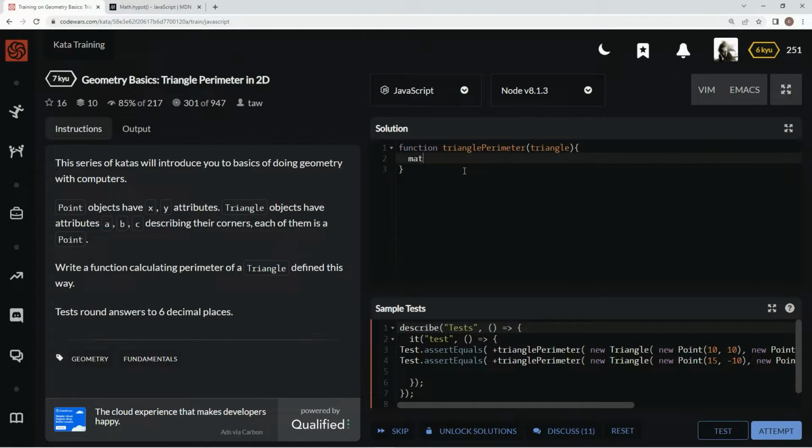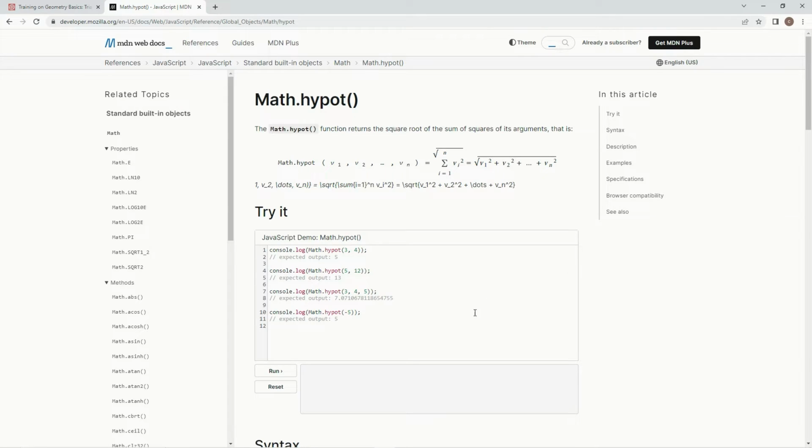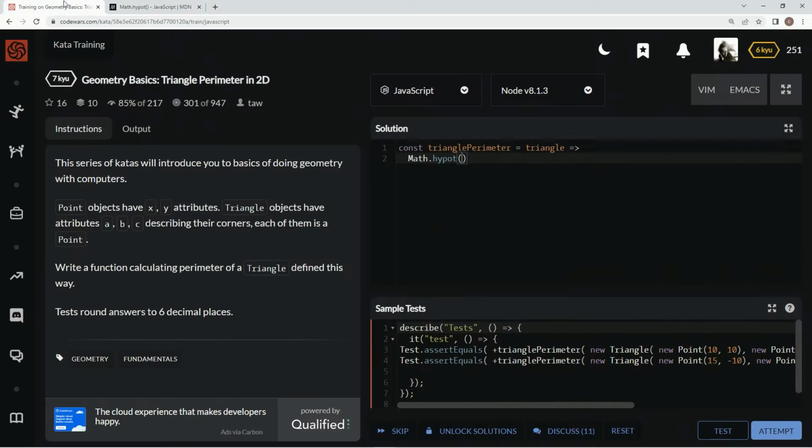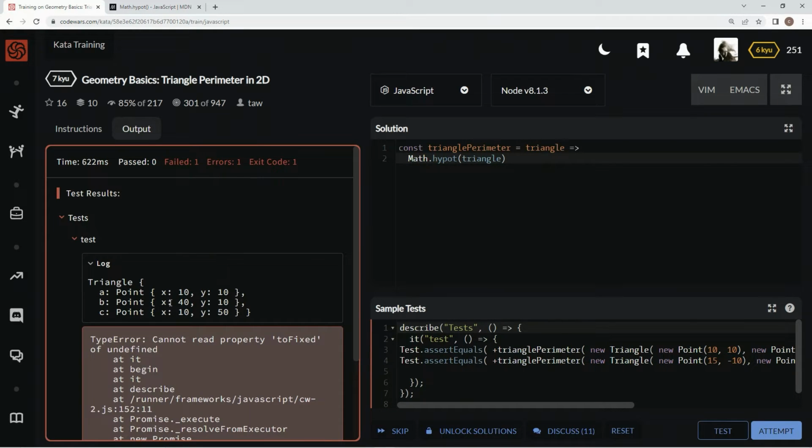First we're going to say Math... not that. Before any of that, we're going to change this to concise syntax. Const triangle perimeter equals triangle, and then the rest of this is an arrow. On this line we're going to say Math.hypot, and the Math.hypot syntax is like hypot(value1, value2). The value 1 we're going to use is triangle, and remember it gives us this, so we can say triangle